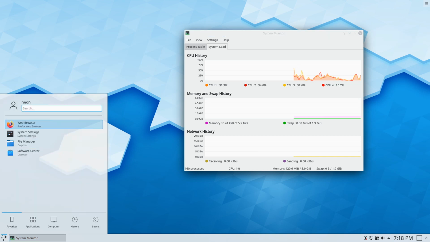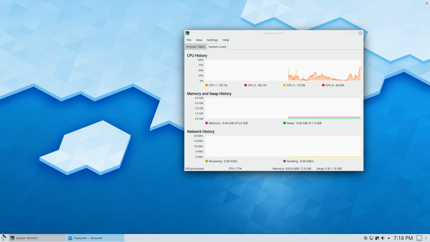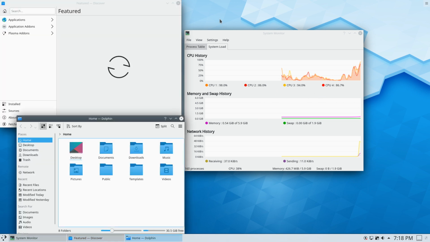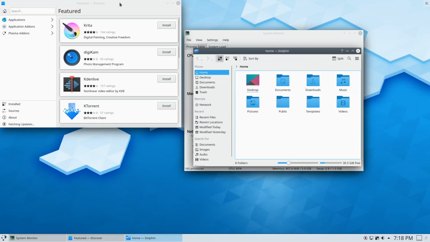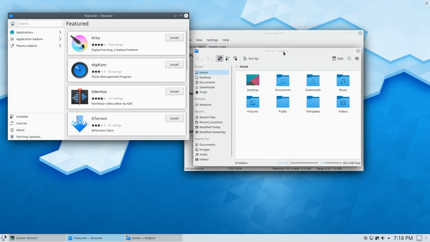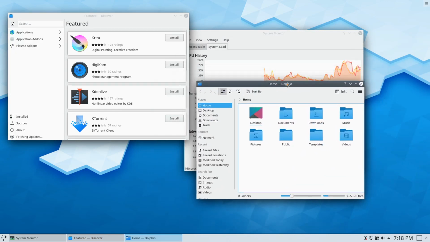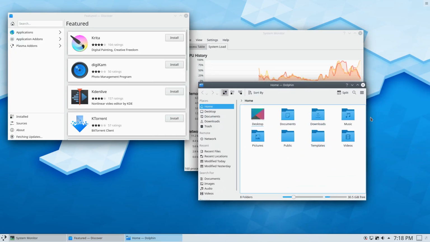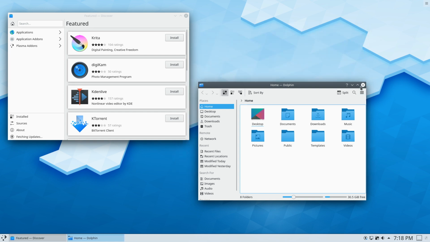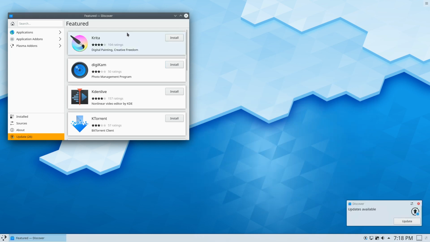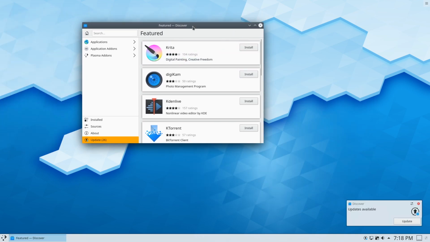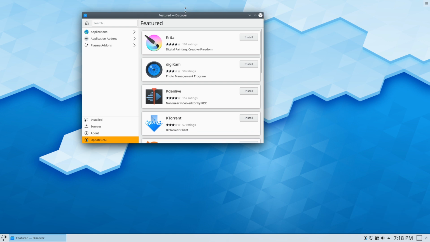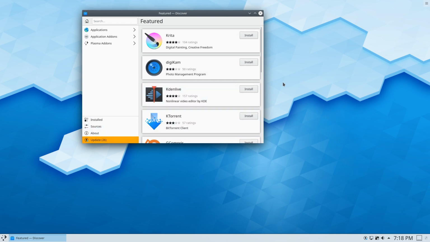Let's see, I'm going to open up a few things and see if it's clunky or not. That's one thing some people say, is Plasma can be a little clunky, and it seems to be running just fine. In general, with Plasma, I am not a fan of Dolphin. It's one of the issues that I have with it, but we're not worried about that kind of stuff right now. All right, we opened up Discover. It is giving us that nice orange indicator there, indicating that we do have some updates. So it does give us multiple indicators that we do have updates to be had.